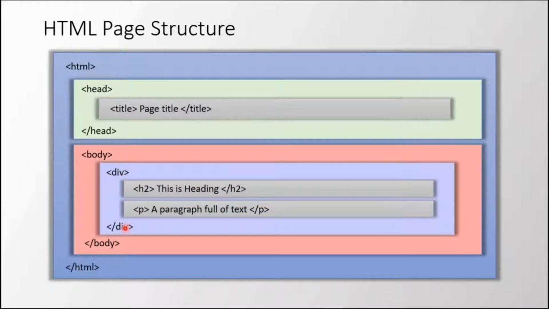For example, here we have some division tag. Inside we have a heading 2 and a paragraph. P stands for paragraph tag. So you can nest any level of tags. Here, see, in HTML we have head and body. In body we have division. In division we have h2. Clear? So the nesting is allowed. Okay. So this is the basic structure of an HTML page.